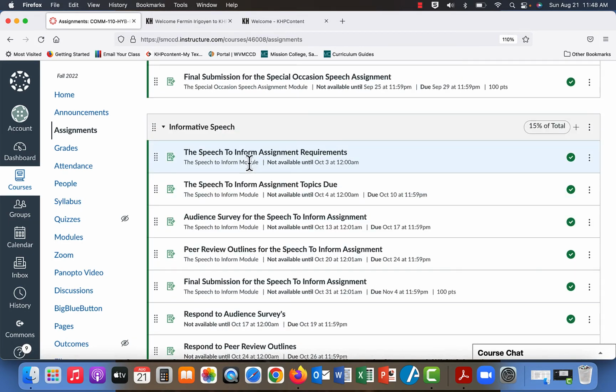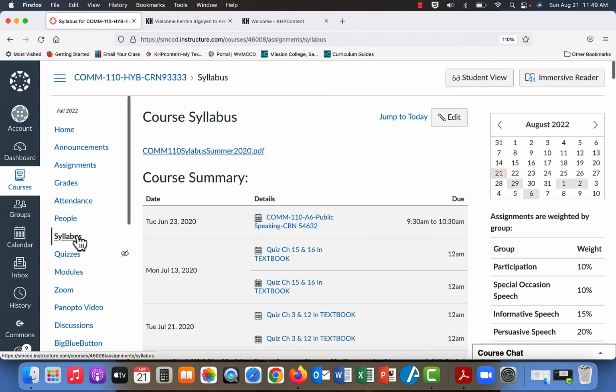As we go through this, you will see that we have our grades where you can obviously track your grades. Remember when we talked about when grades get released, you've got 3 days to look them over, and if you have questions about them, talk to me about that before the 3-day expiration date. Another thing I want you to keep an eye on is the syllabus here. I want you to be able to see this button up here, jump to today.